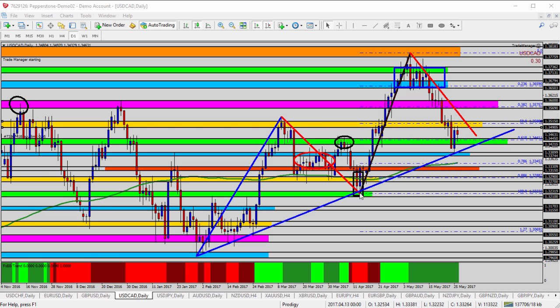Also, the Fibonacci of the black trend line, basically bottom to top of the black trend line, puts the 0.618 Fibonacci retracement level right at 1.3440, the green shaded area. So we have the 618 fib right there from the black trend line into the green zone. We have historical resistance, and we also have the long-term blue trend line coming up from the bottom of the chart. So all of that lining up here right into the mid to low 1.34s is giving us a clue